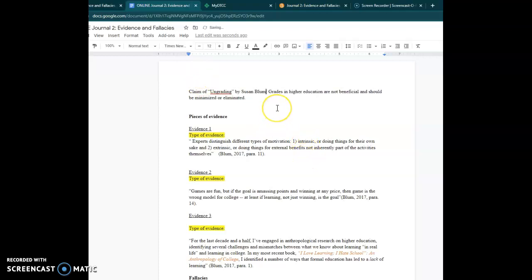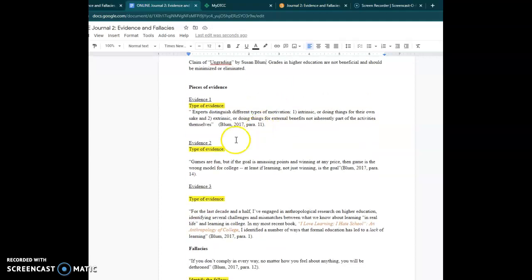And the claim is that grades in higher education are not beneficial and should be minimized or eliminated. What I've done here is I've pulled out 3 quotes from the article itself that back up this claim. What I want you to do for evidence 1, 2, and 3, you can see it highlighted right there, is